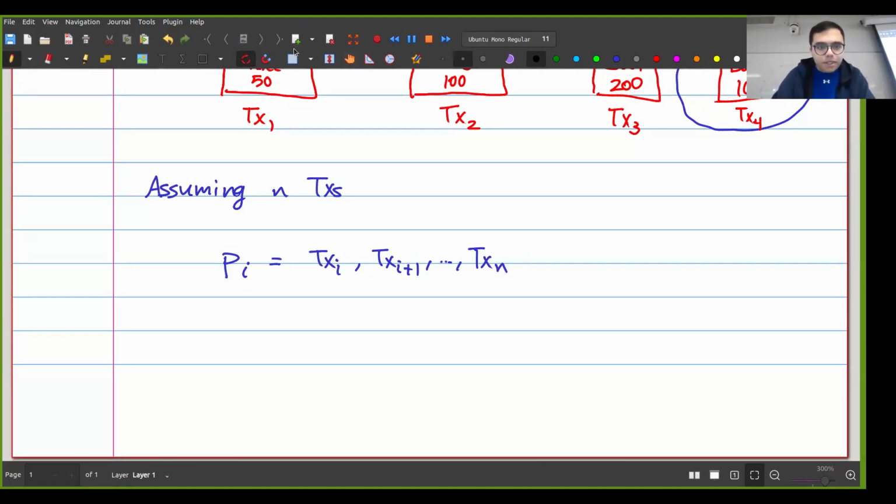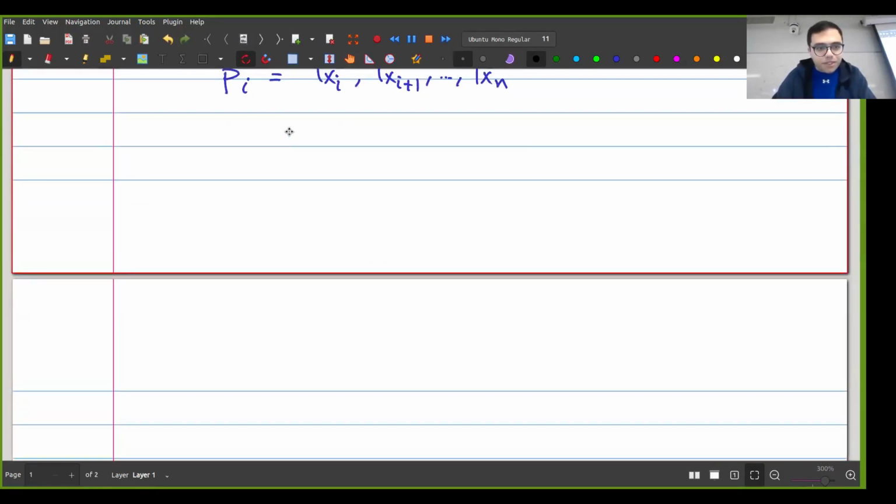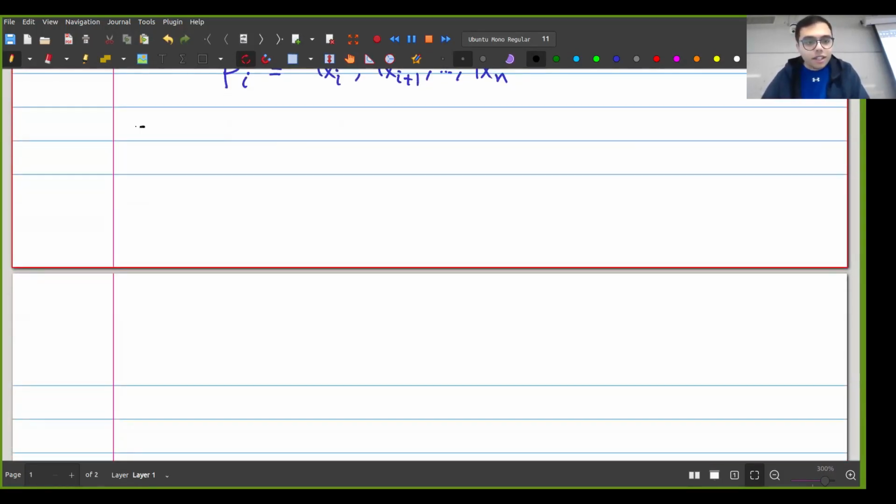I can apparently only write towards the top of the page for some reason. Okay, so